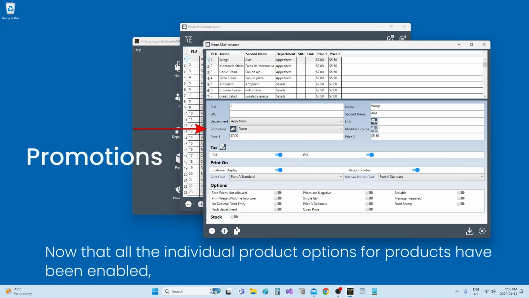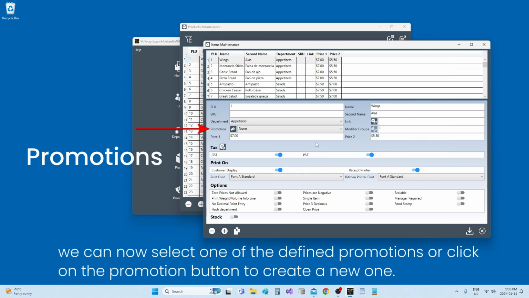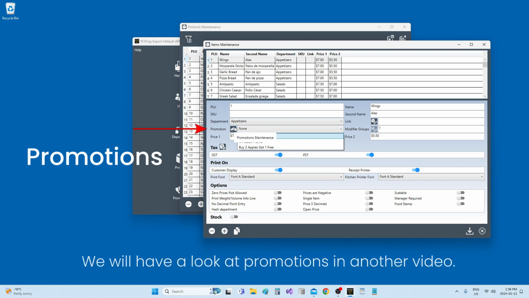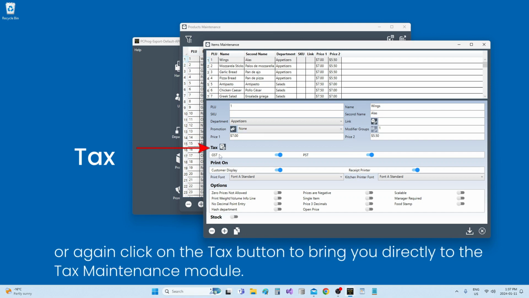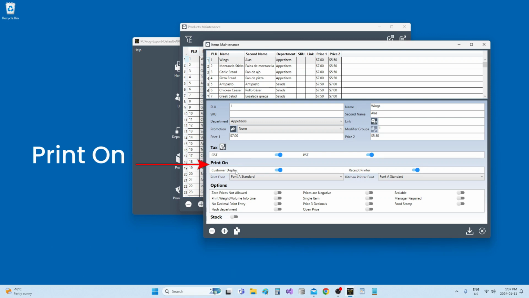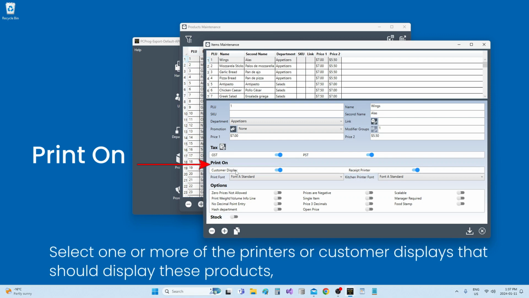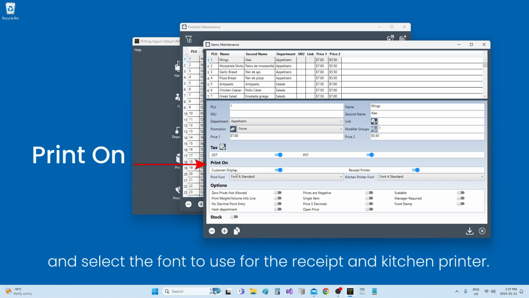Now that all the individual options for products have been enabled, we can now select one of the defined promotions, or click on the promotion button to create a new one. We will have a look at promotions in another video. Select one or more of the taxes applicable to the product, or again, click on the tax button to bring you directly to the tax maintenance module. Select one or more of the printers or customer displays that should display these products, and select the font to use for the receipt